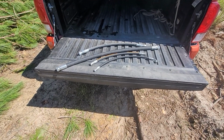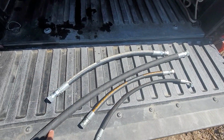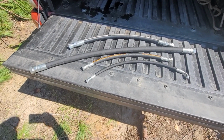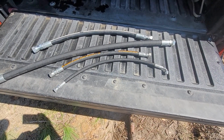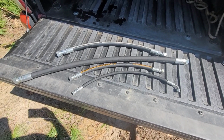Well, I got the hoses. This was the one that broke. This is one that looked like about the same age, so I decided to change that. And then there were two smaller ones that I changed. So what I should have done, I didn't video changing the hoses